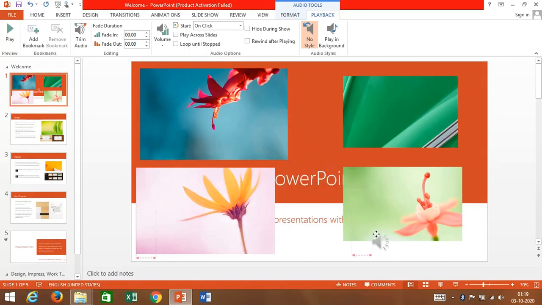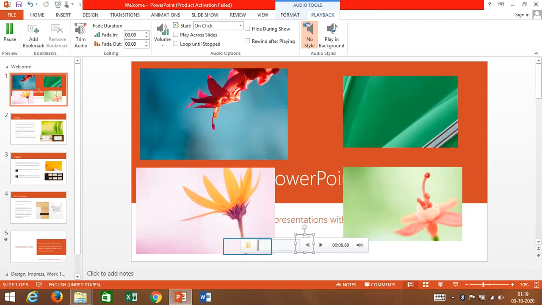Now first, we can put the icon anywhere on the slide. To the left hand side of that icon there is a play button. As I clicked on the play button, you can see the song started playing.